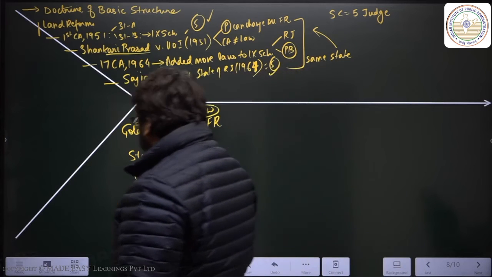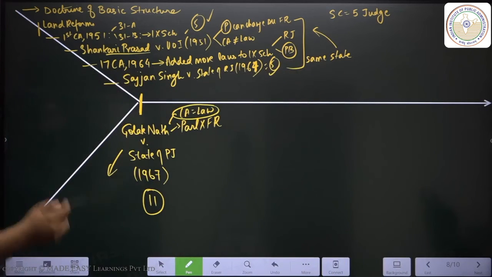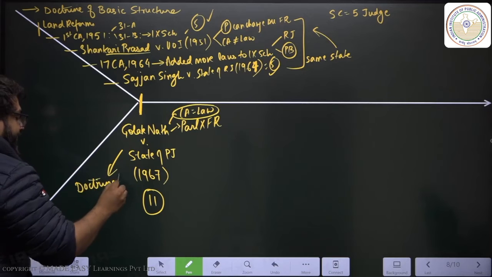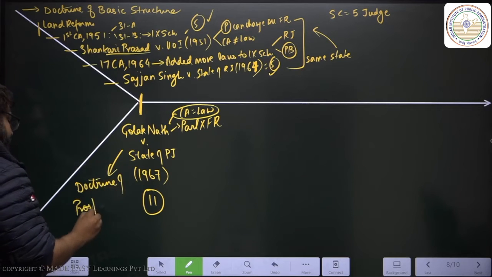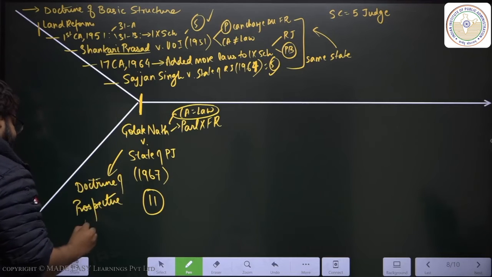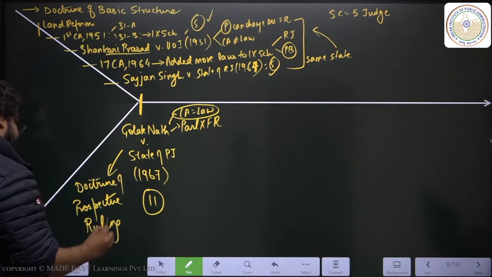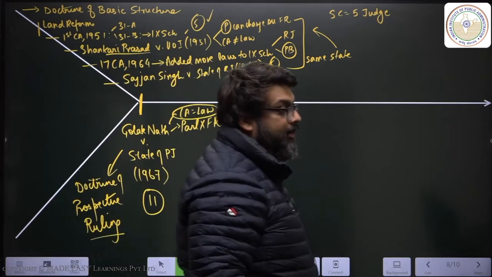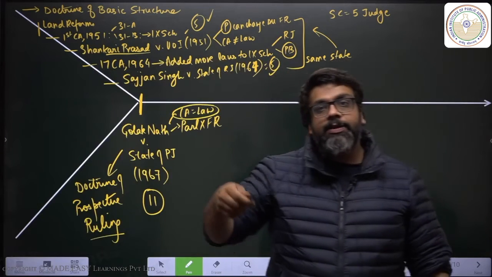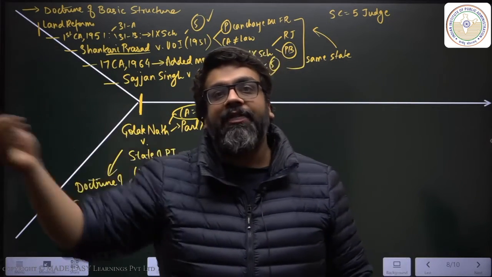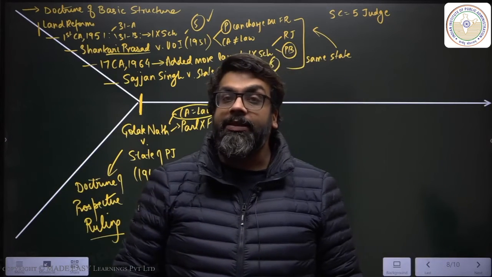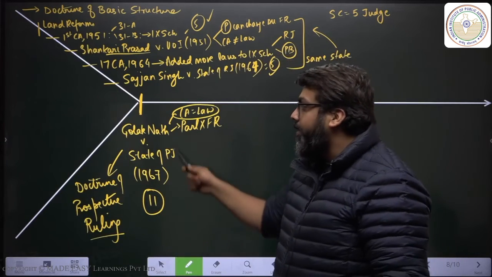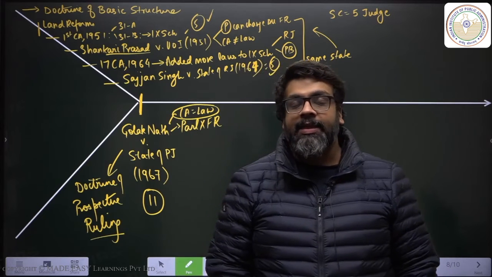But they also applied an American legal principle called the Doctrine of Prospective Ruling. Okay? The Doctrine of Prospective Ruling, which means all Supreme Court judgments or all court judgments will always be from the current date or the date after. Supreme Court judgments can never be for a back date. So even when Golaknath won, he didn't get his land back.